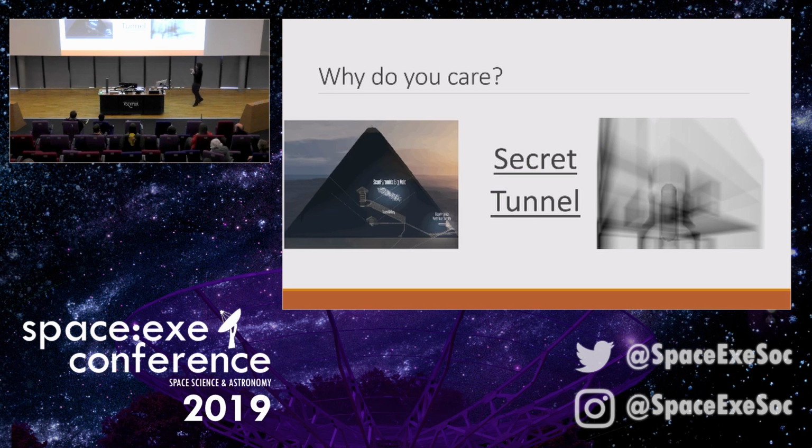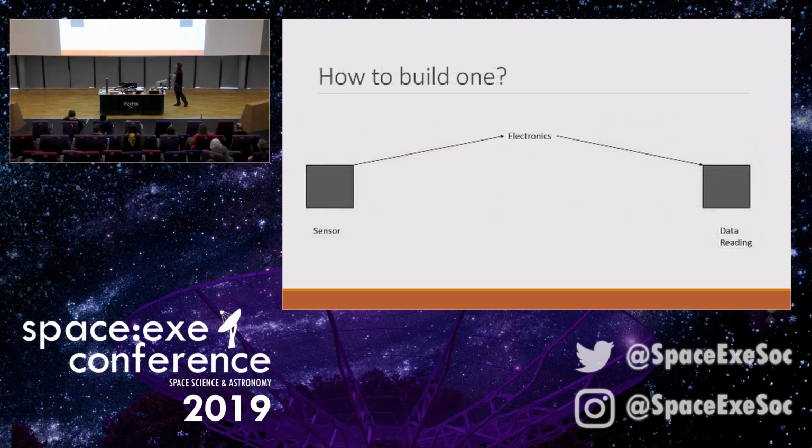And the other thing you can do with them is look at the internal structures of buildings, and you can come up with these sorts of photographs here, where you see the internal structure of buildings, where this is actually the core of the Fukushima nuclear reactor, something you wouldn't be able to take a normal photo of. So hopefully now I've sold you on why they're interesting. Now the question is, how do you build one?